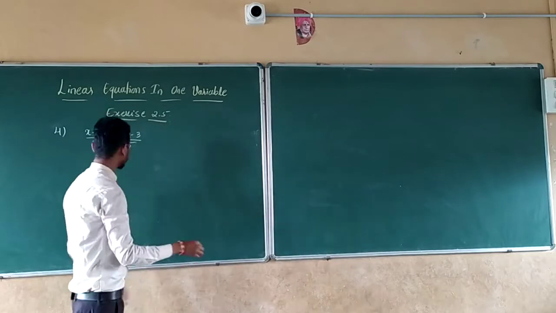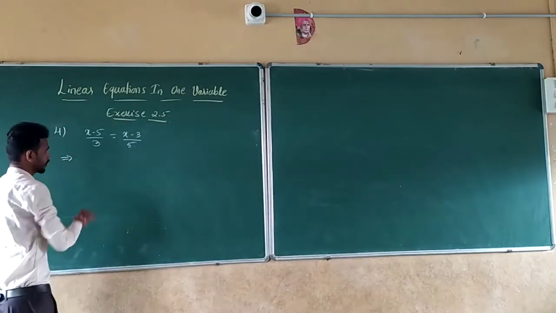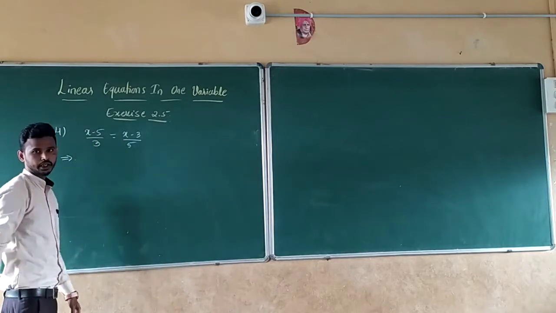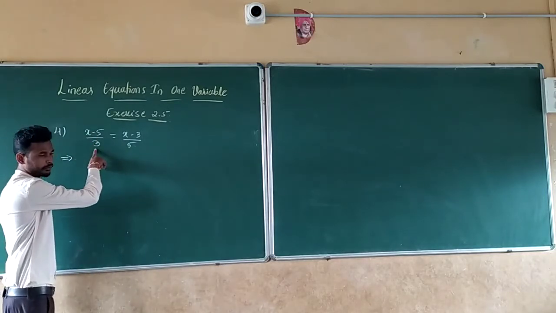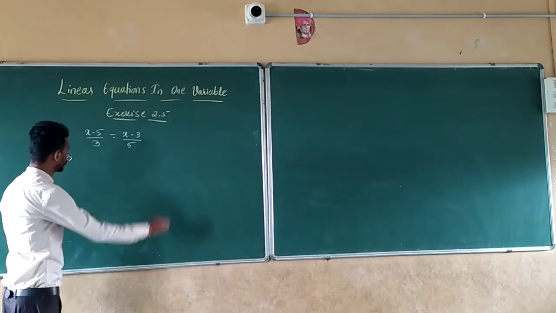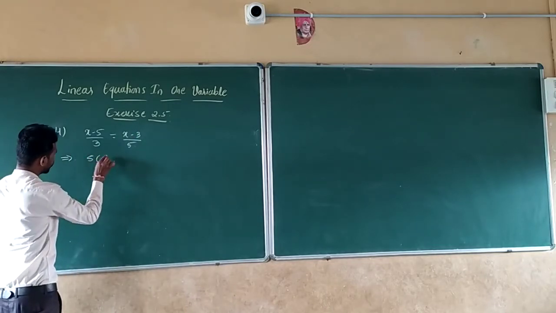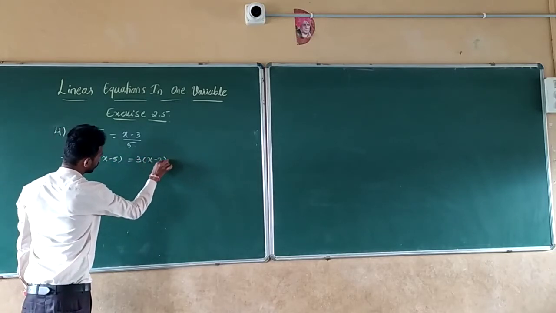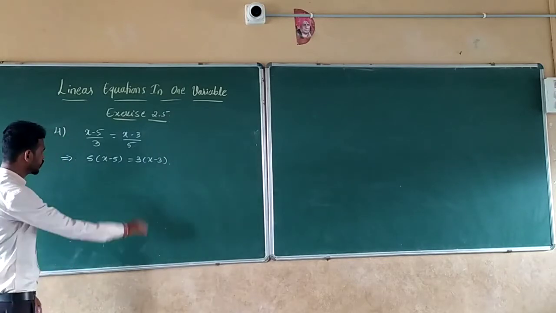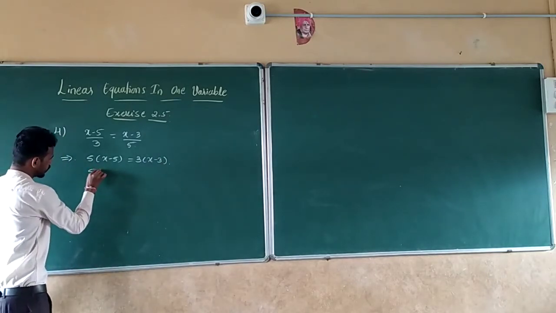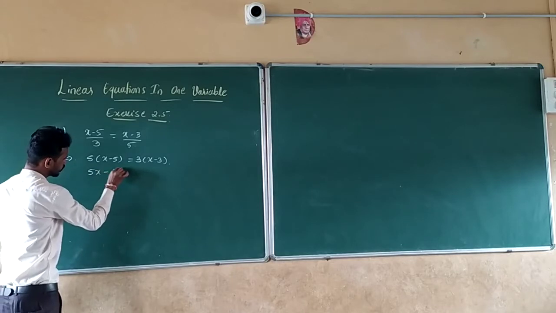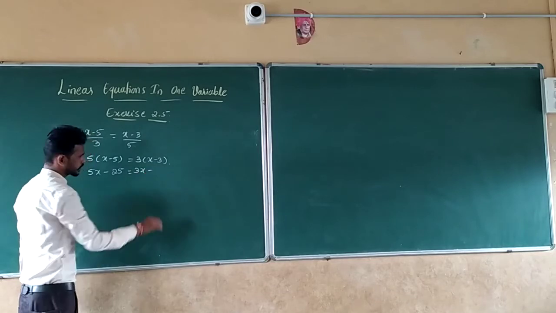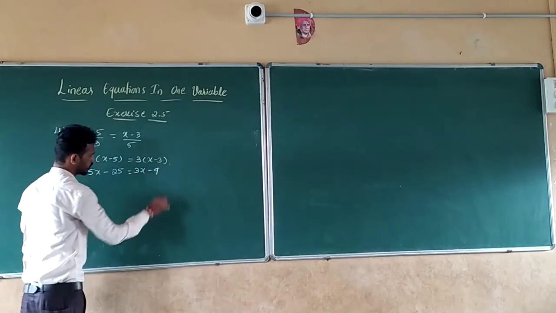So now here just do the cross multiplication. Means here 5 is division, if you take to the LHS that will become multiplication, and here 3 is division, if you take to the LHS that will become multiplication. So multiply that 5 into (x minus 5), which is equals to 3 into (x minus 3). So now multiply 5 into x, 5x minus 5 5s are 25. Next 3 into x, 3x minus 3 3s are 9.